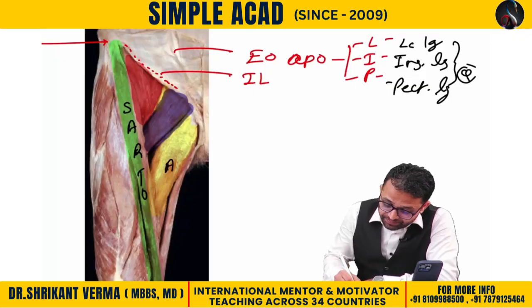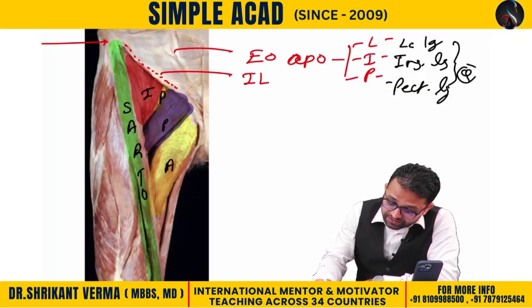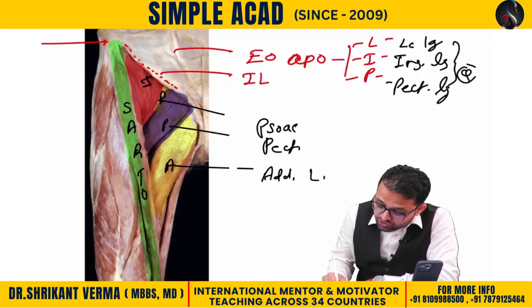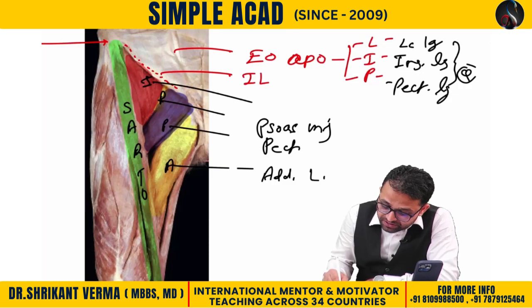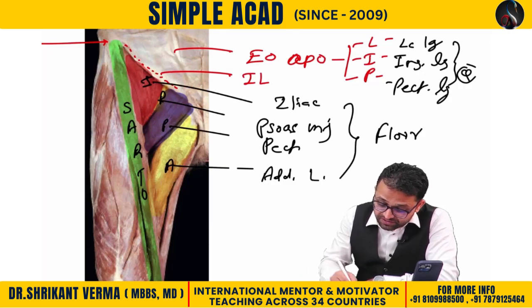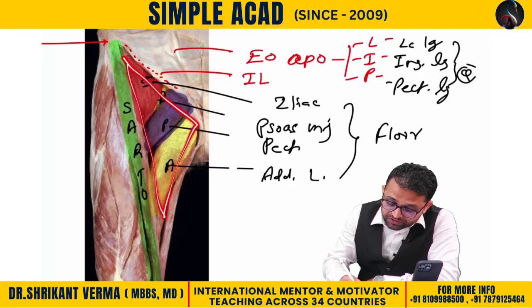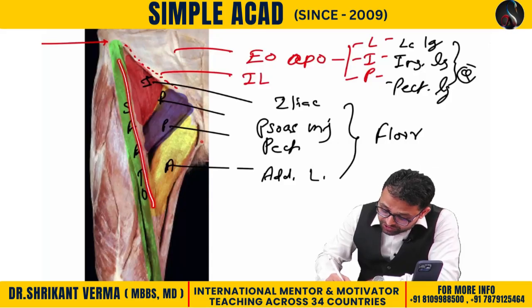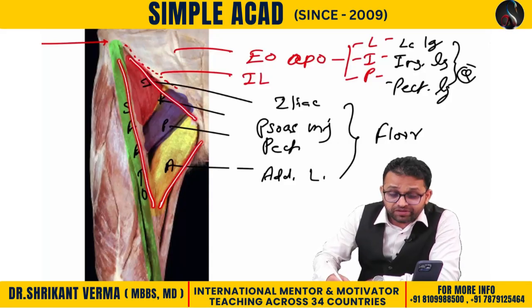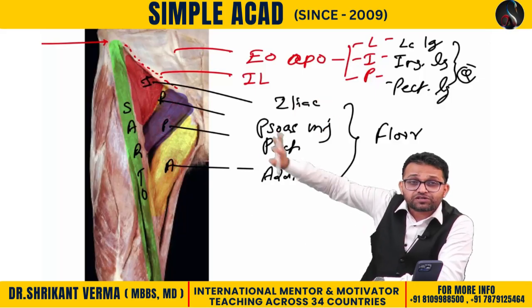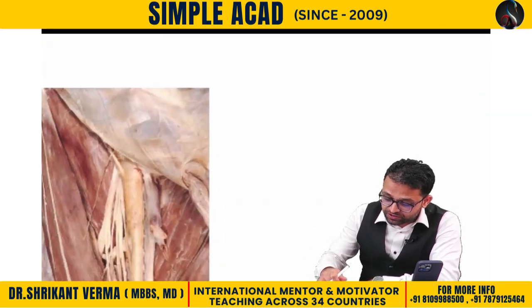Okay, so A, P, P, I. Getting the point? A for adductor longus, P for pectineus, P for psoas major, I for iliacus. Can you recall, these all are making the floor? So this triangle is our femoral triangle. The lateral border is formed by sartorius. The medial border is formed by the adductor longus. The base is formed by the inguinal ligament. The floor is formed by the APPI muscles. Femoral triangle complete.